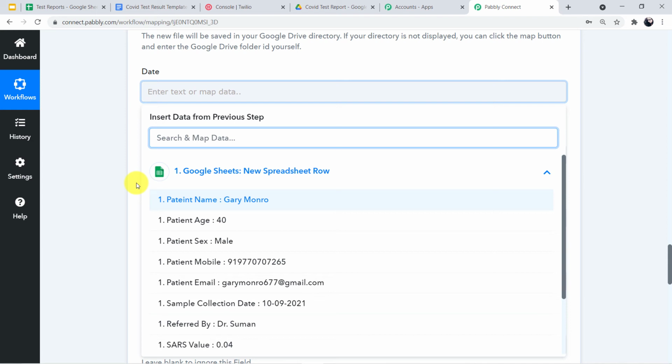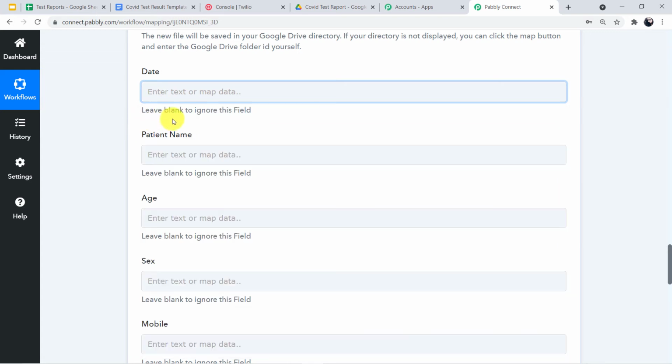We just have to click once, and according to the field the data will be mapped. We don't need to enter the data manually or type, the data is already available, we just have to select it. Isn't it wonderful? Let me show you how it works.